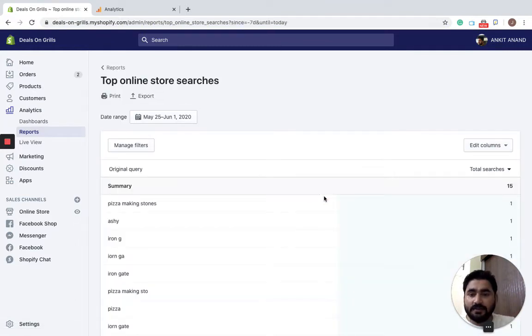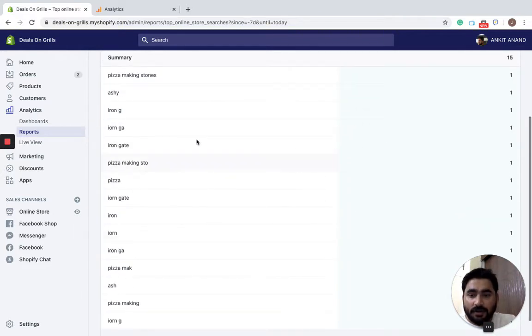There is a reason why a search box is placed at the top of your store or any e-commerce store. The store owners, or that particular company, want people to click on the search button and look for their favorite product. So it will give you an idea of what exactly people are looking for. This is one part of search console that is available inside Google Analytics.